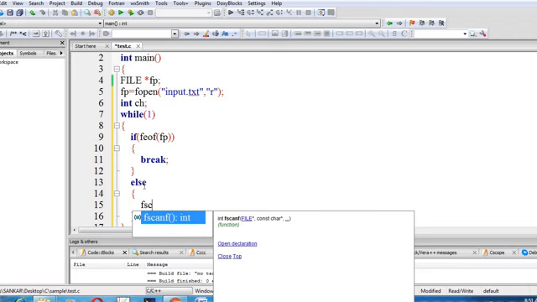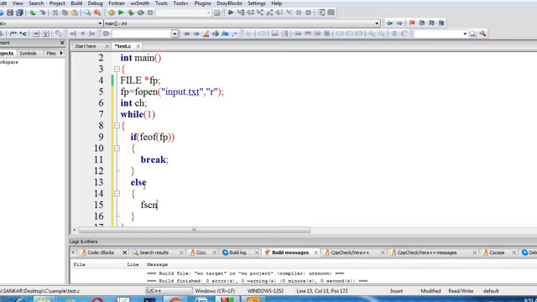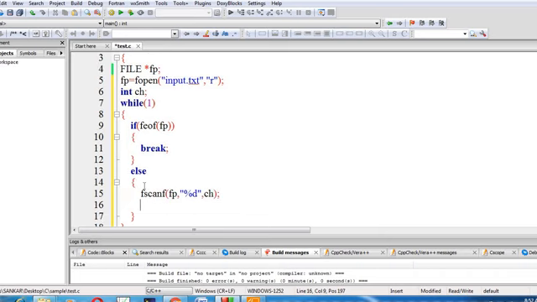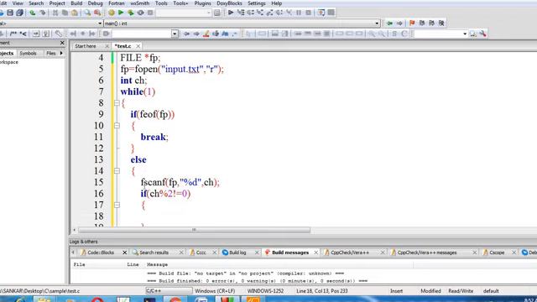Previously I used the getc function, now I can use the fscanf function. The fscanf function consists of 3 parameters: fp, then the format specifier %d, then the variable ch. Once the ch variable holds the value in each iteration, we can apply the odd or even number logic. If ch modulus 2 not equal to 0, we can display that value.